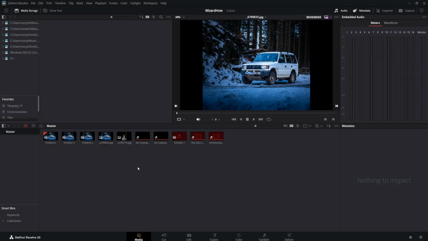Now first thing what we can do is basically we have two methods. So the first one is click inside the media pool frame, then press Ctrl L or CMD L to open the system file search navigation windows, or you can just right click